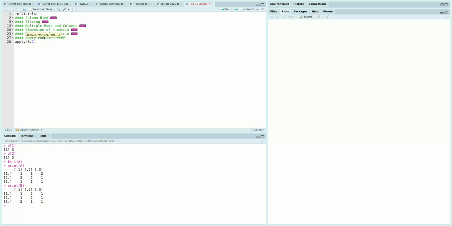So 1 is for the row margin and 2 is for the column margin, and the next argument is FUN. FUN is the sum function, so it's a standard function, so I'll specify sum,